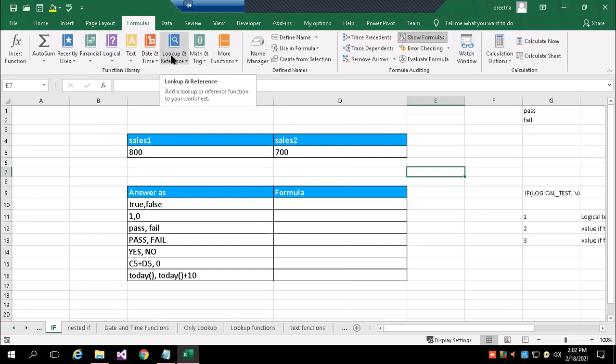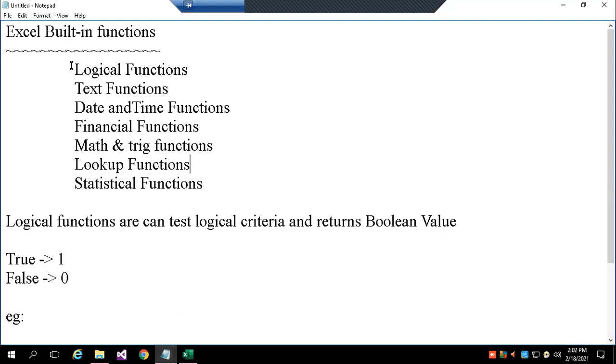Some of the functions will give a calculated result, some will search and give you the results, and some will be evaluated based on a condition. The basic categories are logical, text, date and time, financial, mathematical and trigonometry functions, lookup functions, statistical functions, and engineering calculations. Today I will start with logical functions.